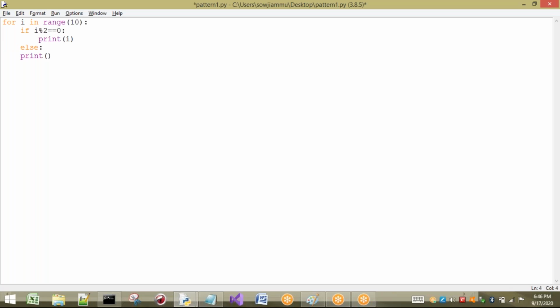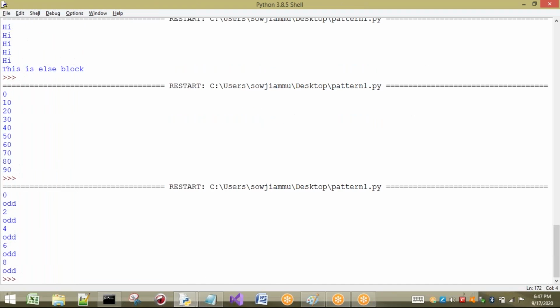If I write else here, observe, it is going to print even numbers, and it is going to print, I will write just, odd. It will not print the odd numbers, it will just print the word odd. See, 0, odd, 2, odd, and so on.